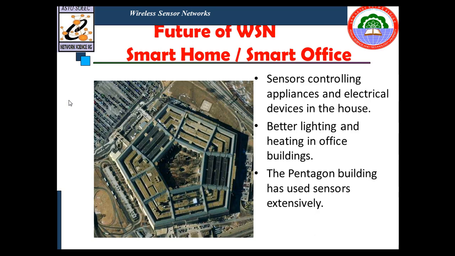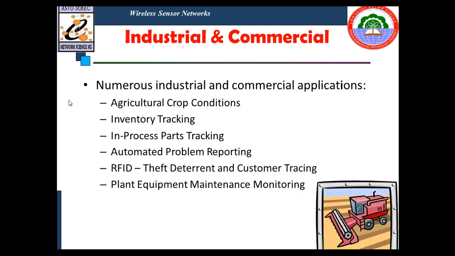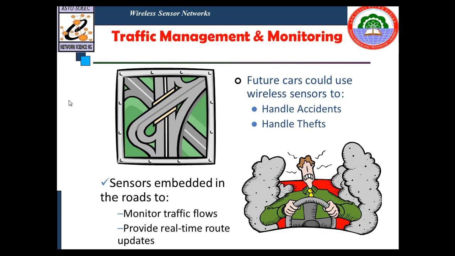As we consider the future of wireless sensor networks, we can use them in smart homes as well as smart offices, and in the biomedical and medical fields, like glucose, heart rate, cancer detection, artificial retina, and to monitor vital signs and record anomalies. As well, in industrial and commercial areas, we can use them for agriculture crop conditions, inventory tracking, in-process parts tracking, automated problem reporting, RFID, plant equipment, and traffic management. In the future we are going to use sensor